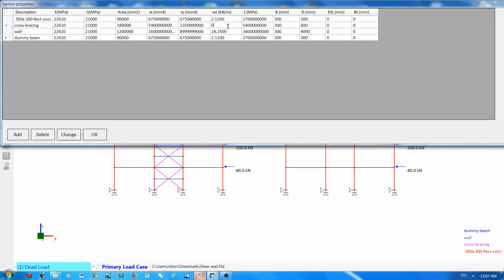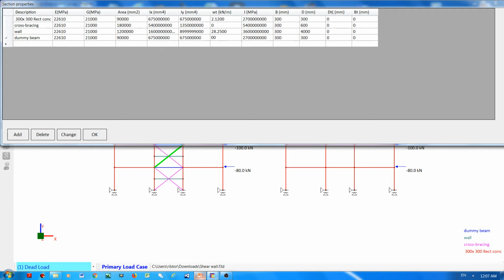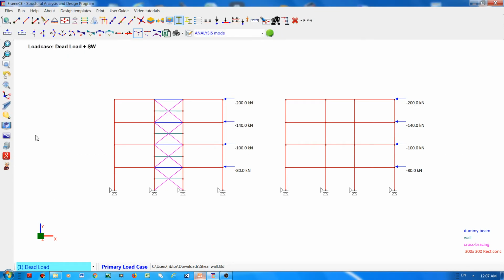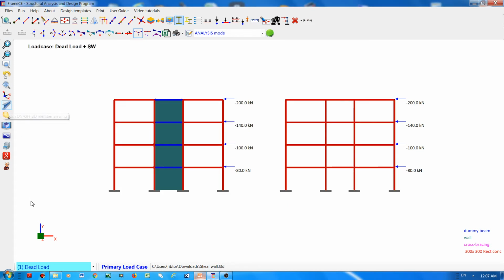So the other members within that area must have 0 weight, which includes the dummy beam. So I will change the weight of the dummy beam to 0 as well, just like the cross bracing. Okay, now I will show the 3D section. Now this is the model. Then I will run the analysis